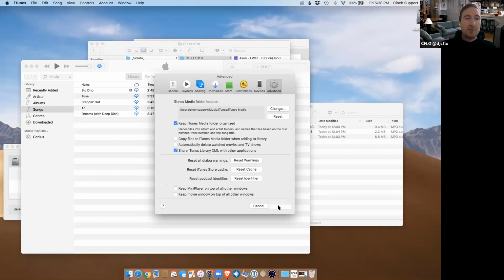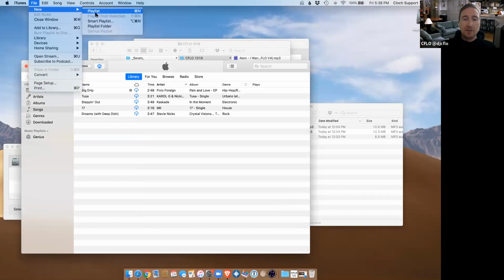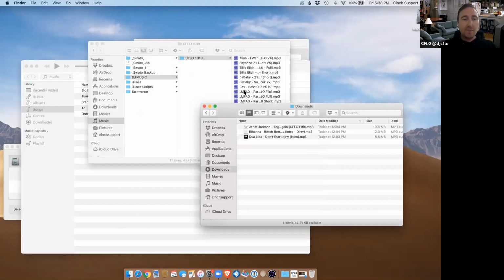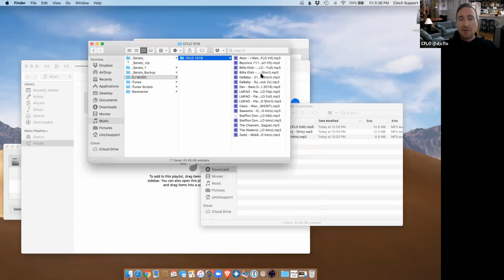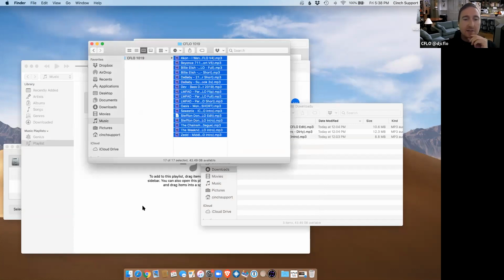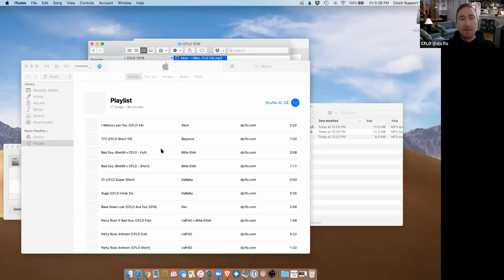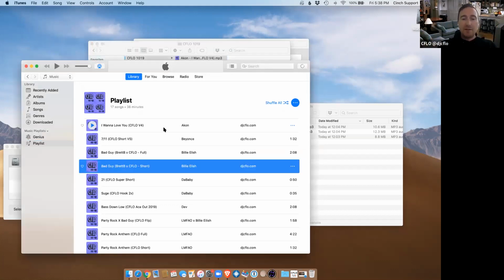I'm going to make a new playlist, and I'm going to dump in that same crate here. So now these songs are in my iTunes library, right? Now with Serato closed and iTunes open, if I quit this, iTunes is now saving the database. My computer's running a little slow because Zoom is going crazy. I can hear the fans going pretty heavy.